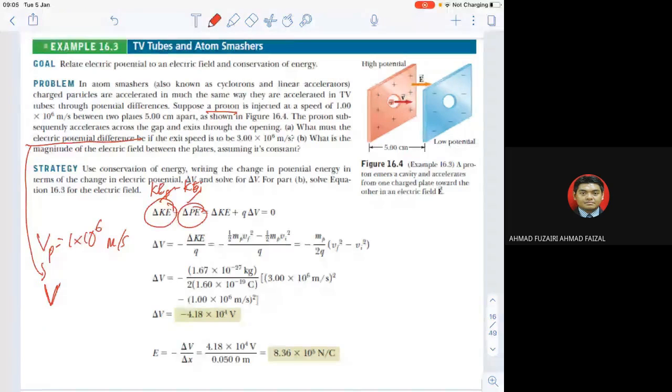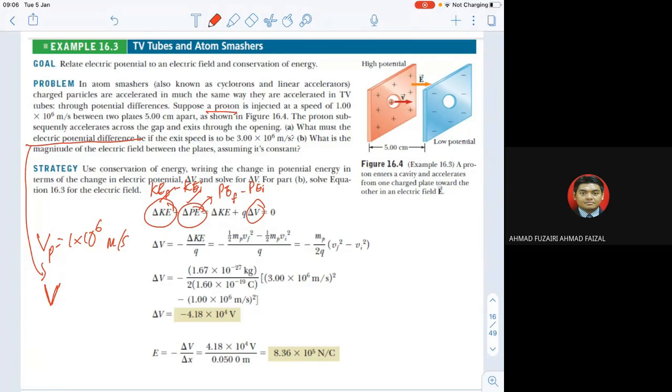So that's with the PE. For PE we also have PE final minus PE initial, but they didn't write that, they just wrote KE and PE. At the PE, we can change this to the electric potential, because right now we want to find the potential. But potential now is a difference, right? So potential difference, Q delta V. Q is always the same, and the factor now is just to make sure what delta V is, what the electric potential must be.